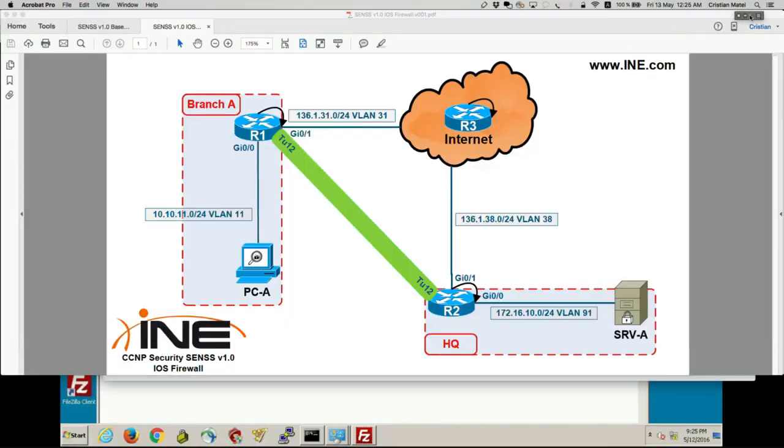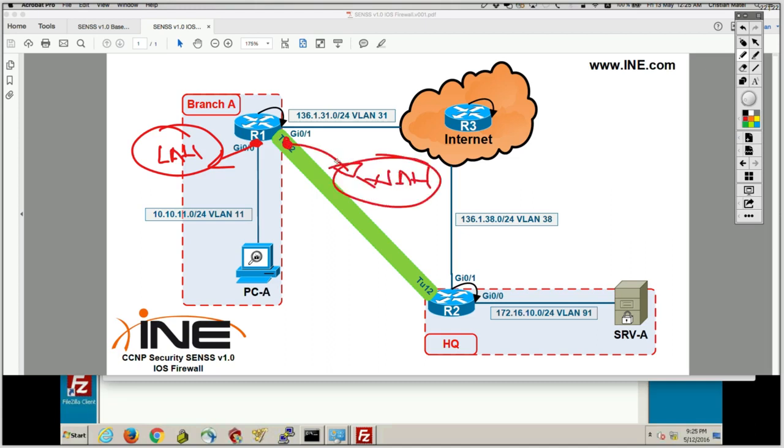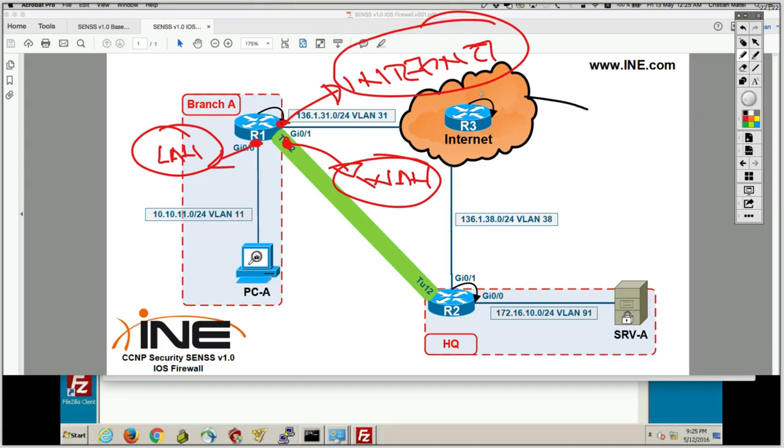So given our example in here, we have this to be the LAN zone. The tunnel is the WAN zone. Gig 01 is the internet zone. So as I pinged before from router 3 to router 1, ping or telnet, it worked.